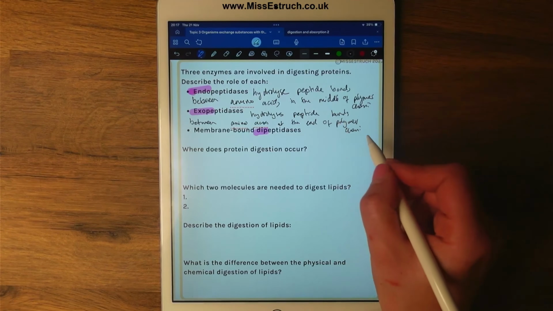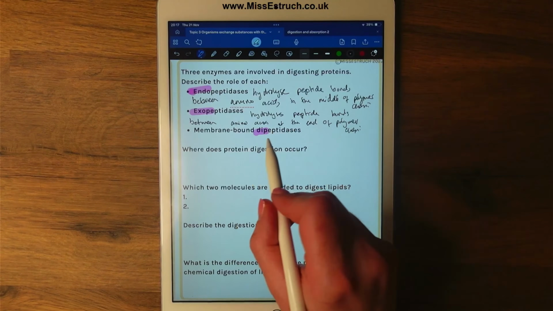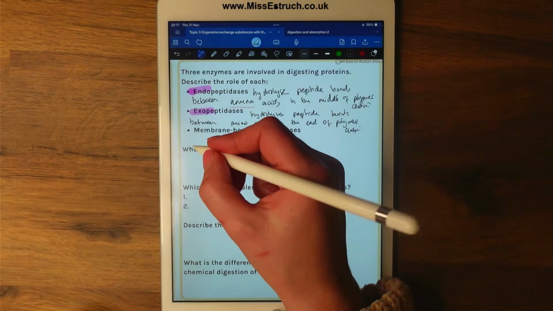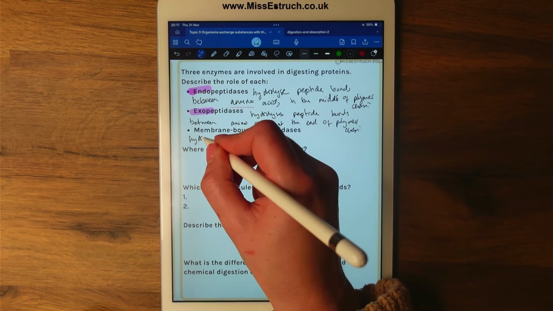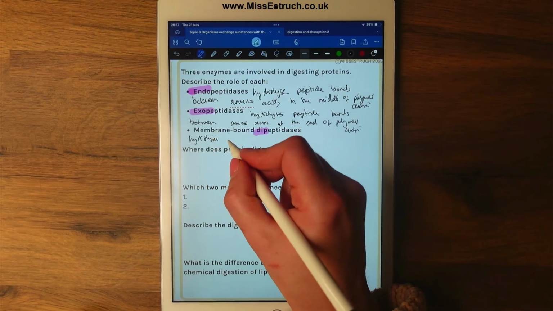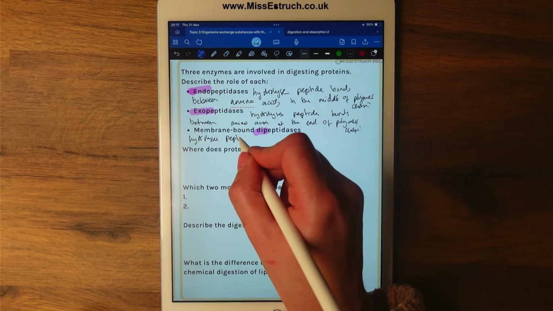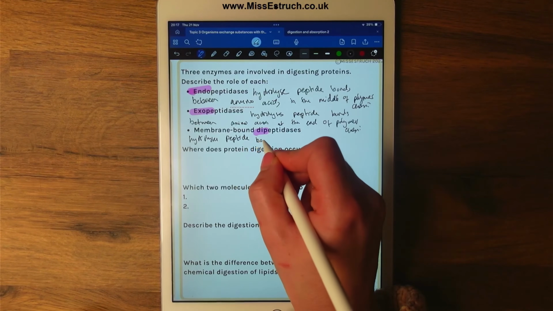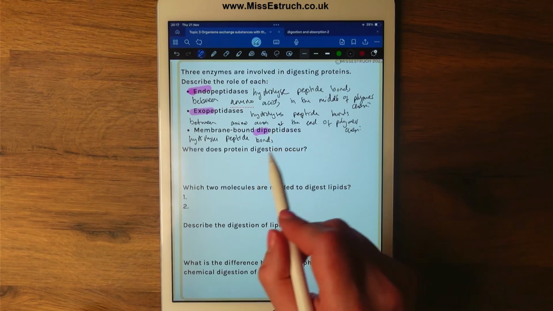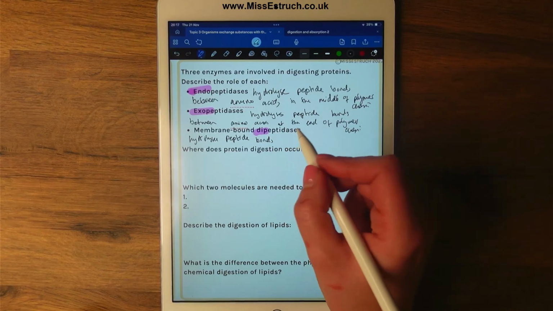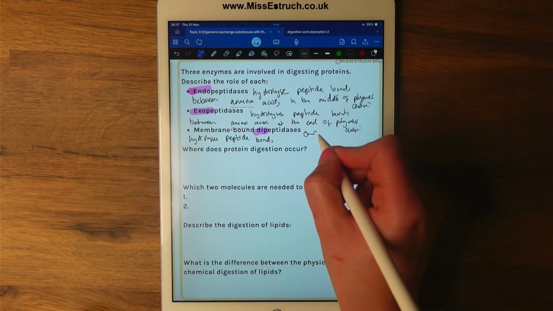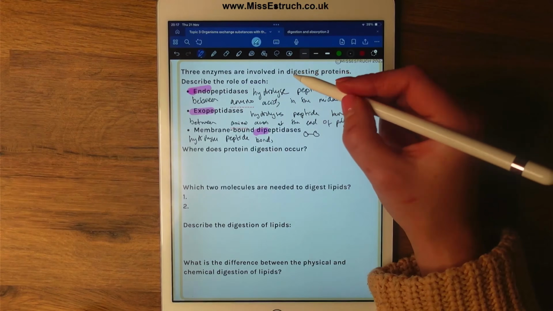And then the last one are dipeptidases. Again, it hydrolyzes peptide bonds. But this time it's between two amino acids. So if you just had two now, so you started off